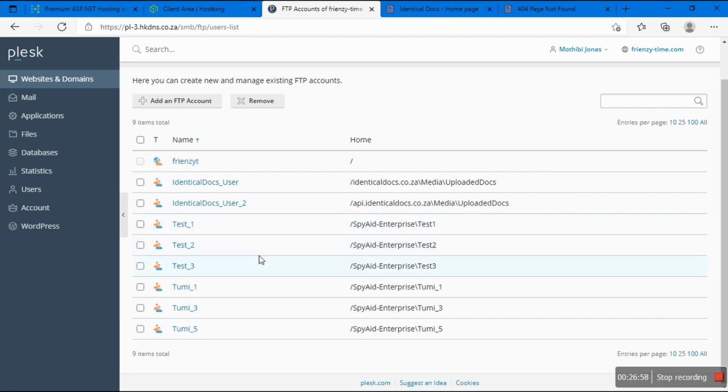So yeah, now you see what's happening. You have to set up certain things for these two systems. One is for the web API. The other one is targeting this API.identical docs. Cool. I do have access to email accounts.